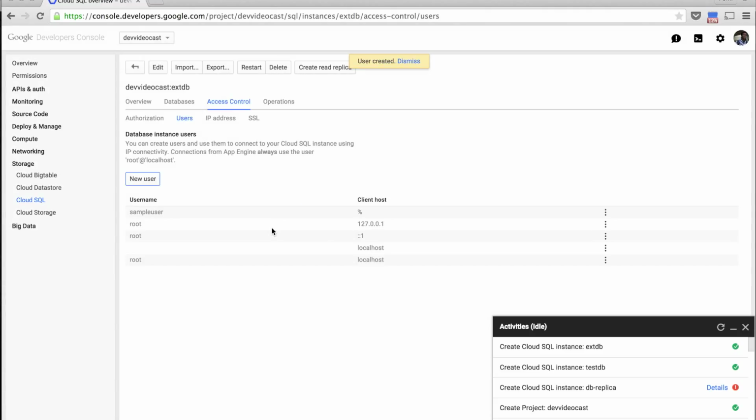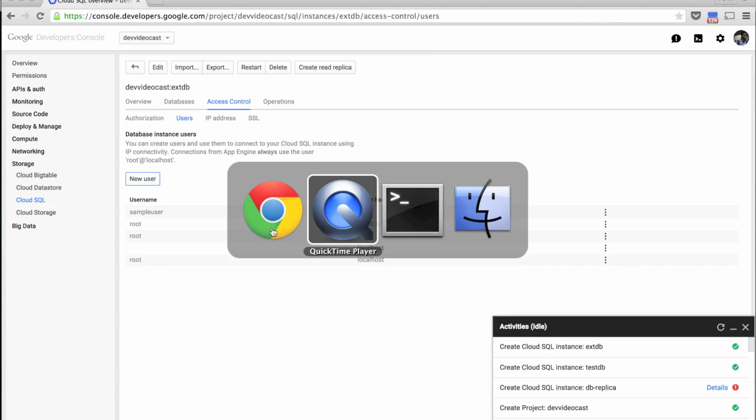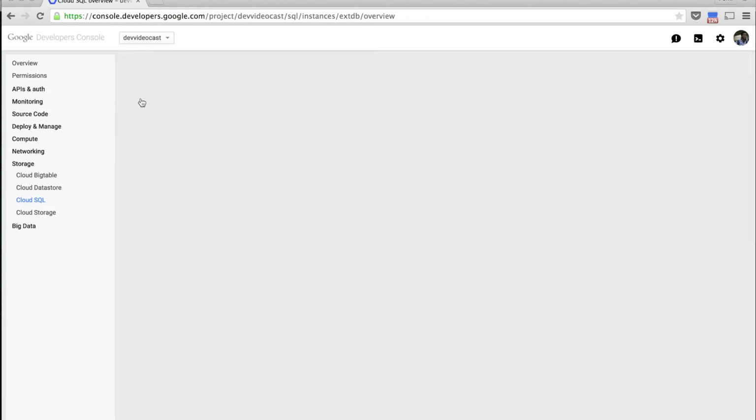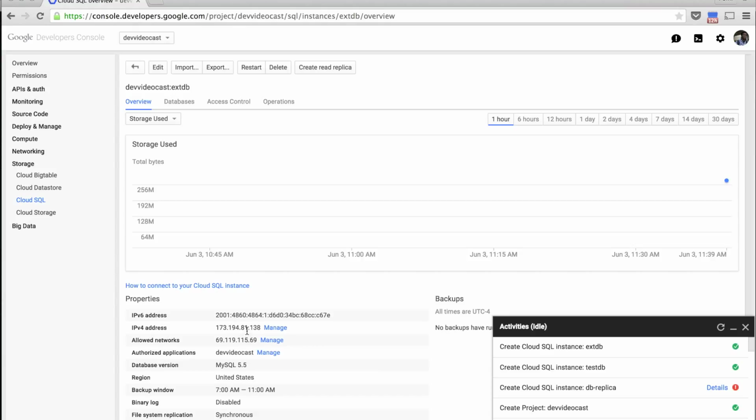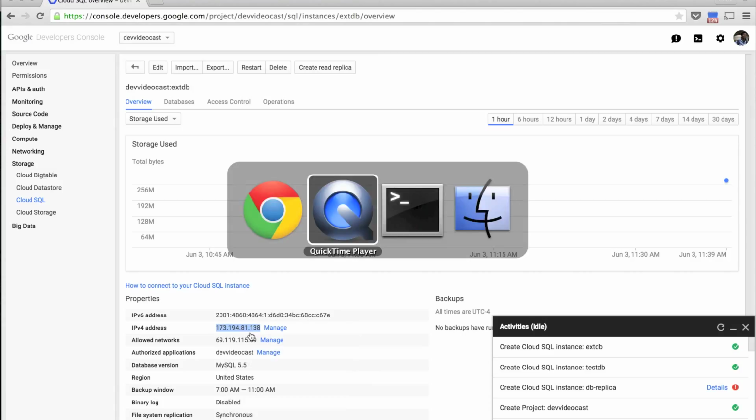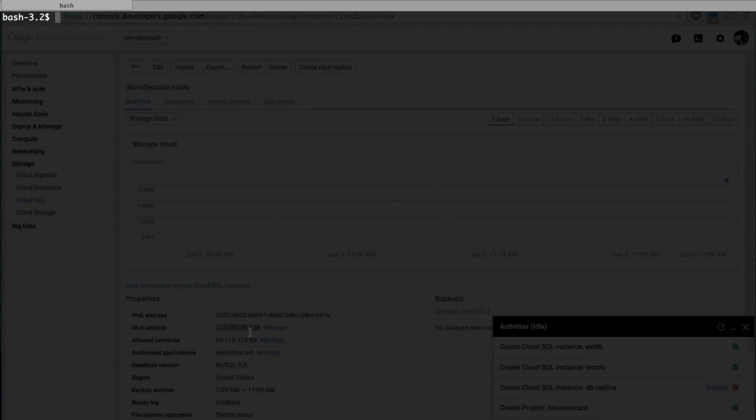Now it's been added, so the last step is to then try to connect. Now remember, I previously copied the IP address, which is what is displayed here, so I'm going to copy it again to be sure. Awesome. Copy. Now I'm going to use my console. I could use something like Navicat, Sequel Pro, or phpMyAdmin, but I'll keep this simple. I'm just going to use my console to do that. Sample user, and the host is this, and it asks me for a password. Type in the password,